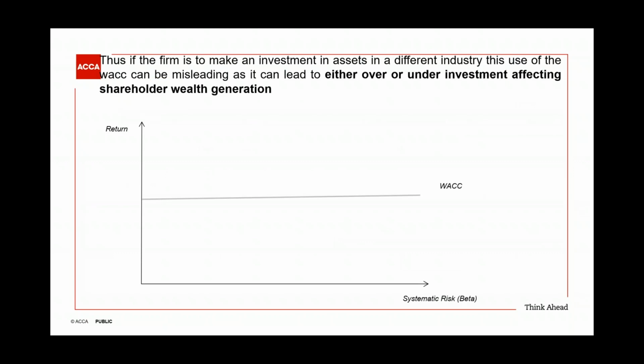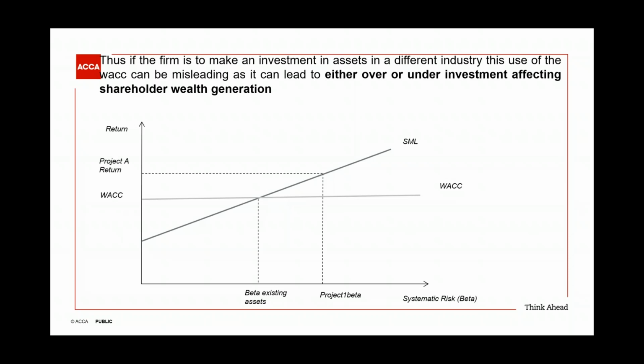Now let's say the WACC is constant, irrespective of the risk of the investment you're undertaking, right? But in reality, how it works according to CAPM is, the higher your systematic risk, the higher the return you demand. So let's say at this point, you can see that's the beta of your existing assets. Now let's say if you are evaluating a project which has a higher systematic risk, that is the return you should be using. But if you are using the WACC return, you are actually using a low discount rate,